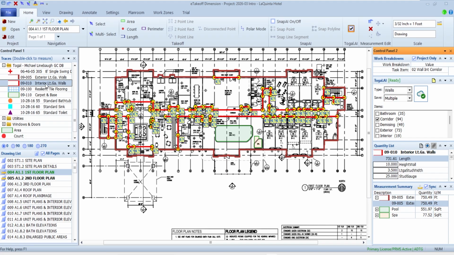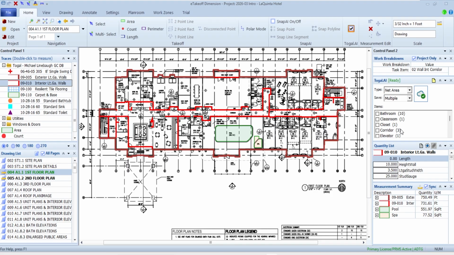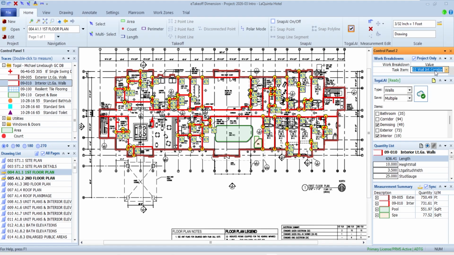I'm going to pick that same trace again, and this time I want the demising walls, interior walls. Again, all my dimensions are fine here, but most likely they'd be a little different in real life. I'm going to change it just a little bit so I can see the separation between those.